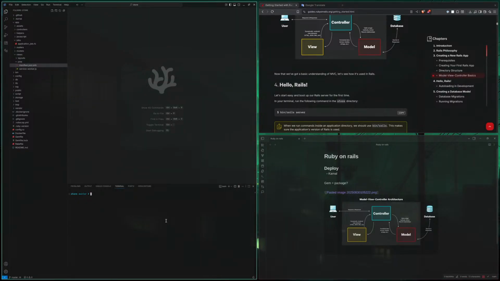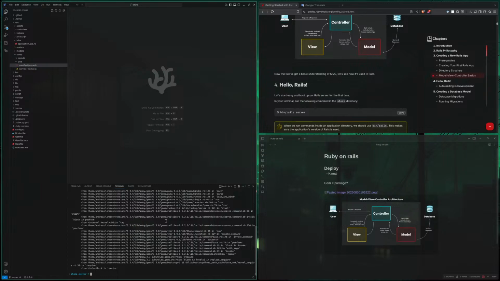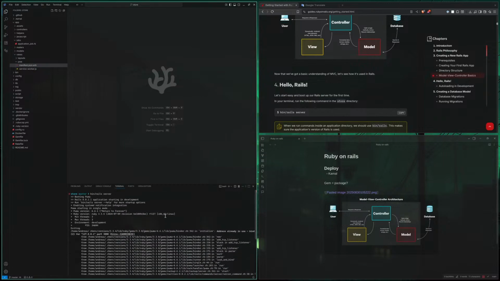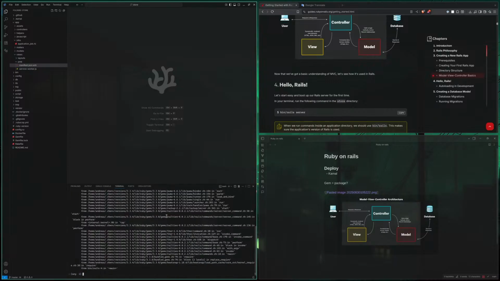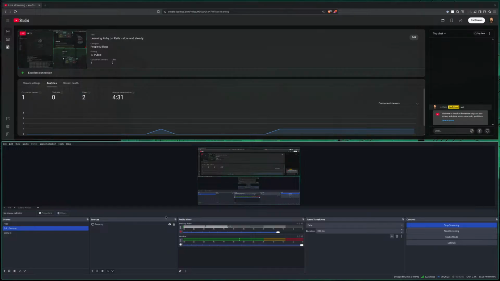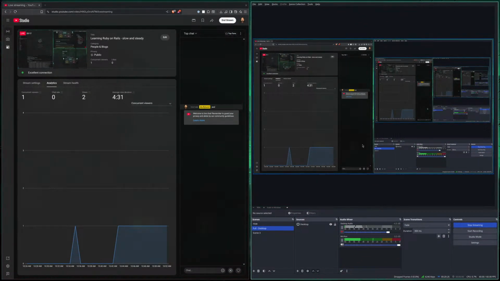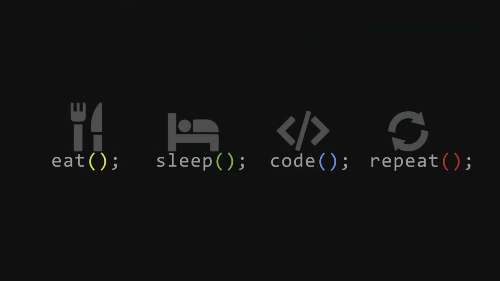Okay, let's fire this up. Bin Rails. Why does it have to be in bin? Why?